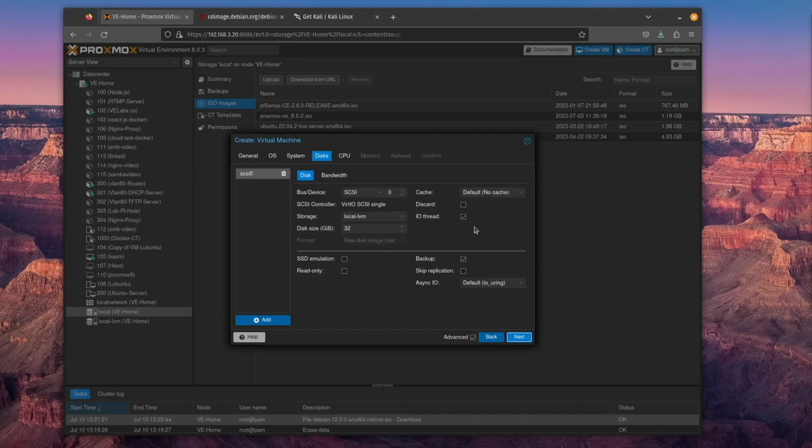As this particular server has an SSD in it, and we're going to be installing to that SSD, we're also going to check discard. Discard is going to activate trim so that we can more adequately take care of our SSD and not wear it out as fast. Let's go ahead and hit